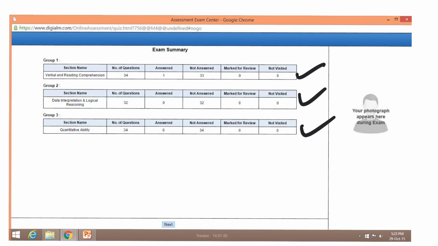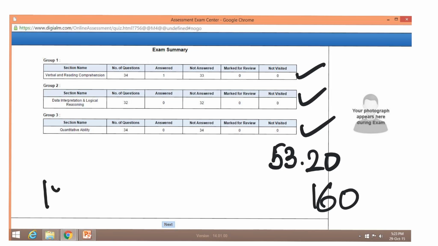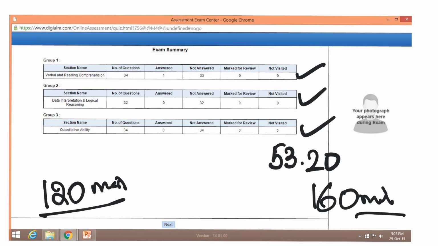This is not last year's paper, this is this year's paper, because officially they have said you cannot disclose the paper pattern, and the sample paper also, you cannot talk about that as per the actual news. For PWD students, they will get 53 minutes 20 seconds extra in total, so for them the paper is 160 minutes. For general category students and the others, it's 120 minutes, and for the PWD category 160 minutes.